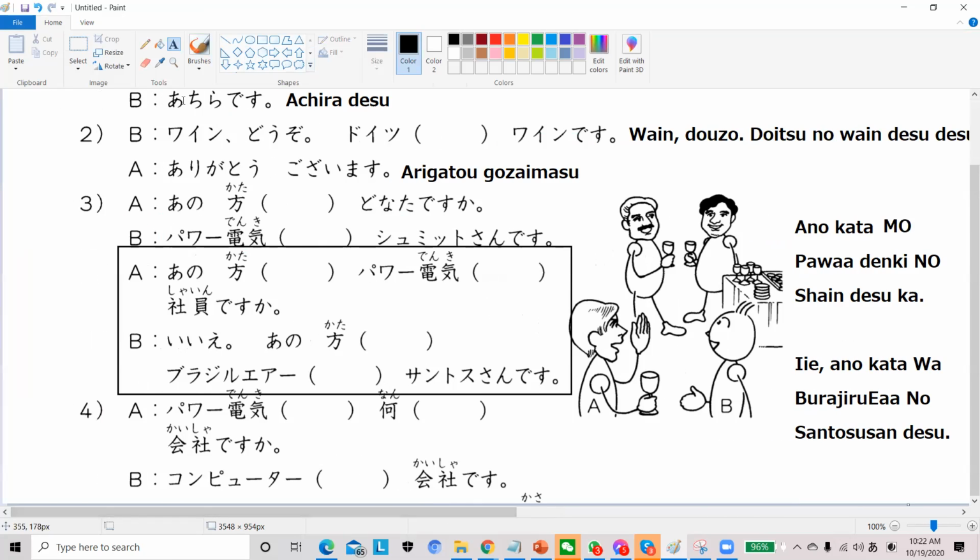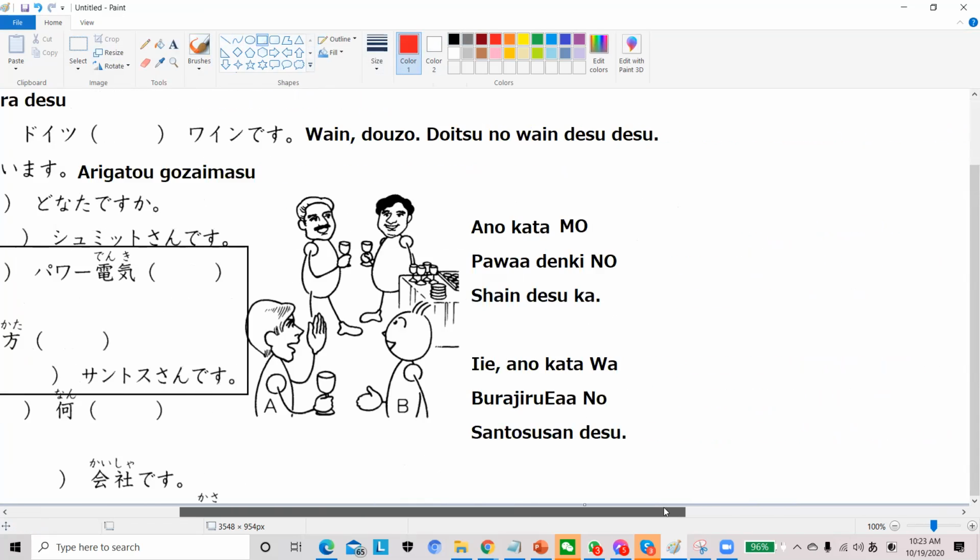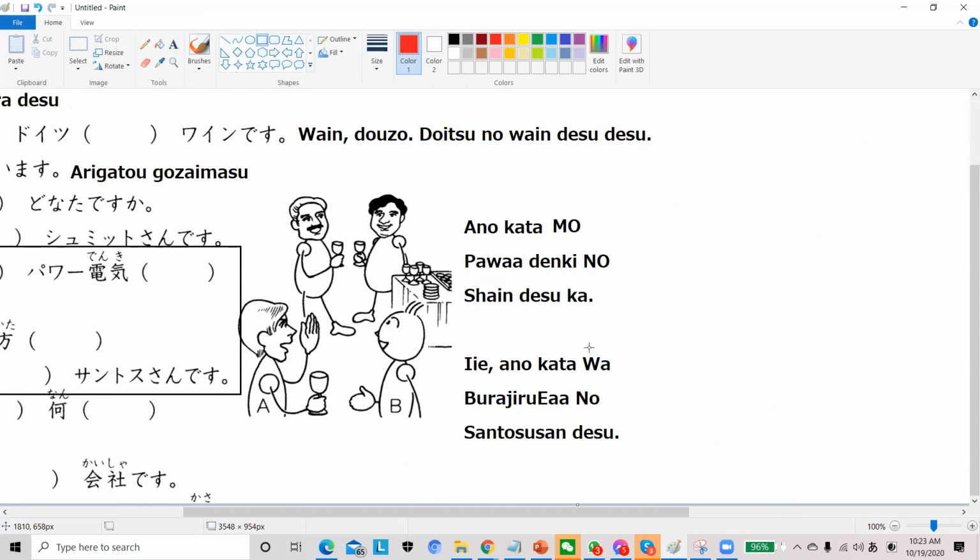Because if you check here, item number 3 is a long item, no? So if you're going to take the exam, read first the previous statement and the next statement, and you will have the idea. Wakarimasu ka? But if the person says, iie, ano kata wa? So you will reverse back the answer to ano kata wa. How about if it said hai? It will become, Pamela,